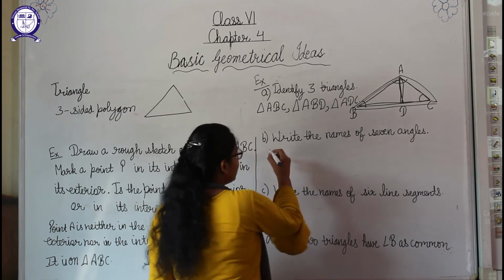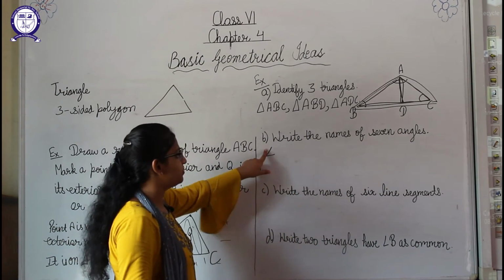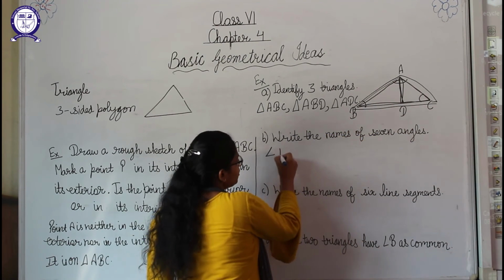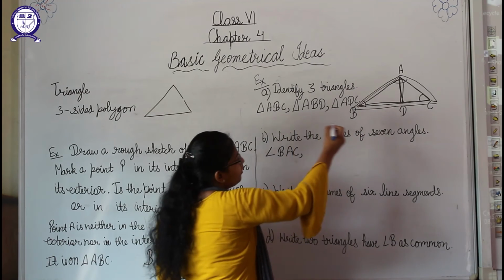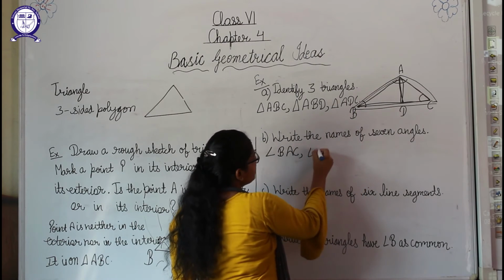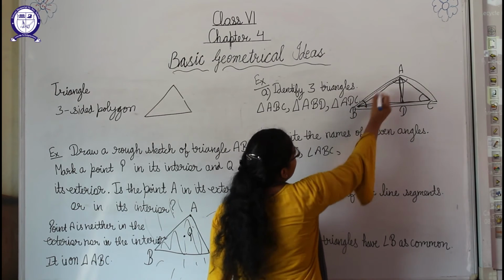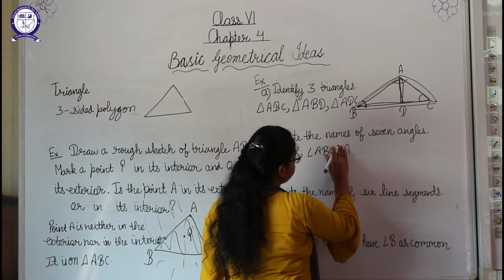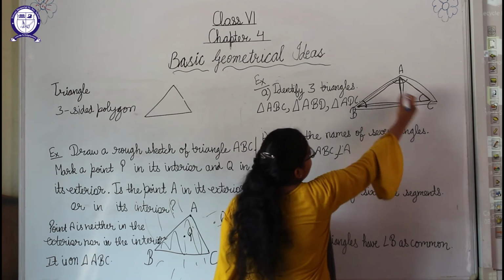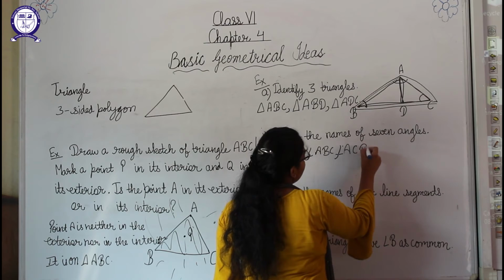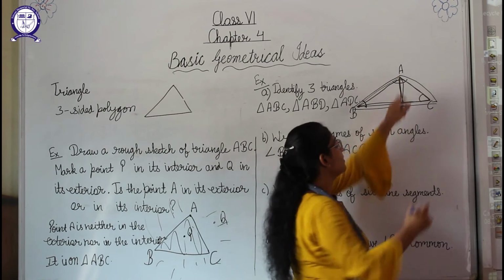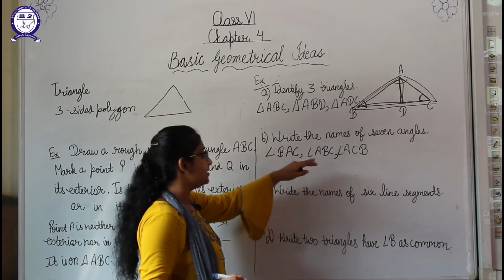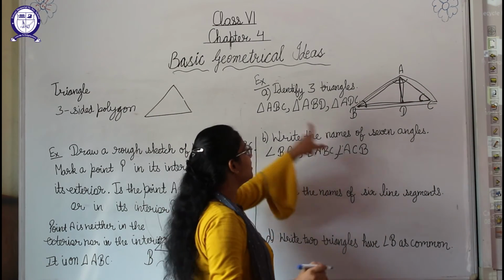And how will we name that? For the symbol of angle, we will write like this. Now for A we can write BAC, means A should be in the middle, so BAC. For B we can write angle ABC. This will be the angle ABC, and this one will be angle ACB. We can write it as angle ACB, or we can write BCA. Okay, these are the three angles, angle A, angle B, and angle C, of this one triangle.